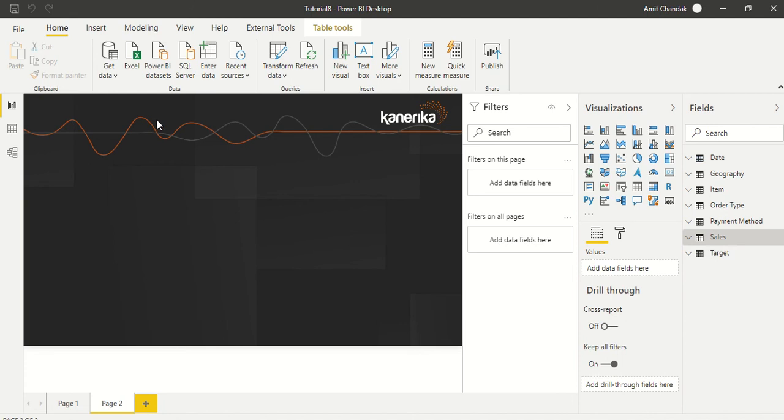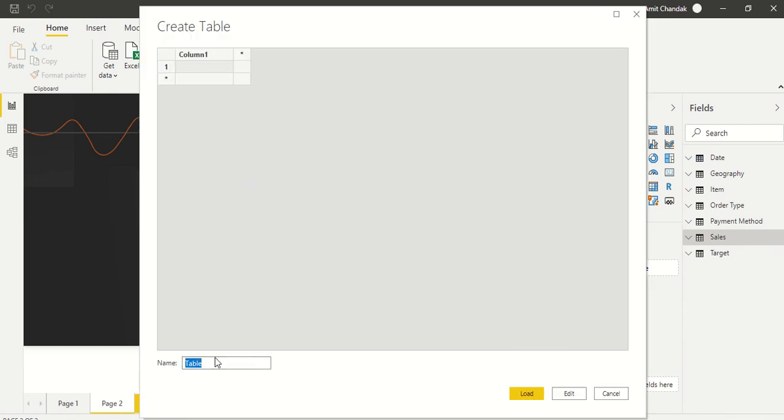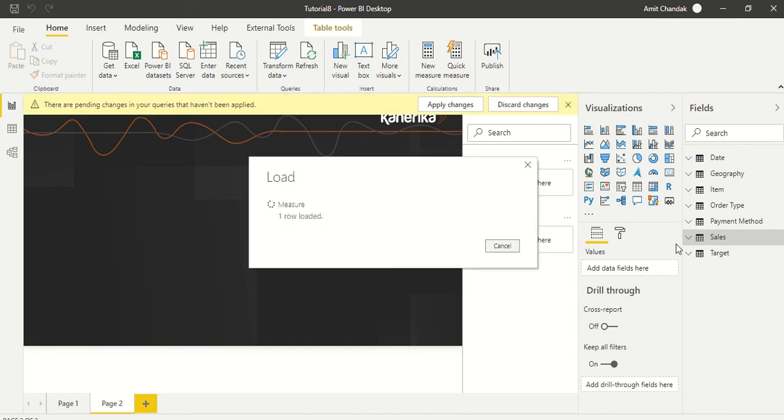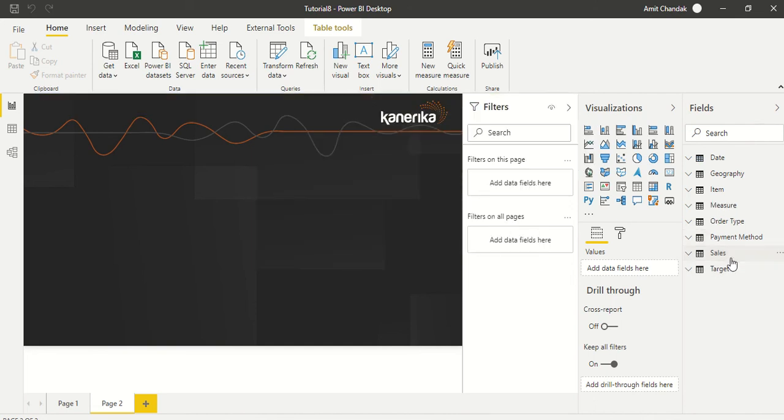As a first step, we will create a measure table. Now there is no concept of a folder, so we manage these measures in a table, and let's call this the measure table. Column name is not important right now because we are going to hide that. So let's create a table. This is the first column which is there. If I hide that column, it will hide the table from the model, and then I have to go back and add some columns to it.